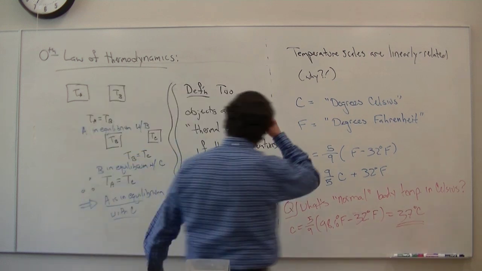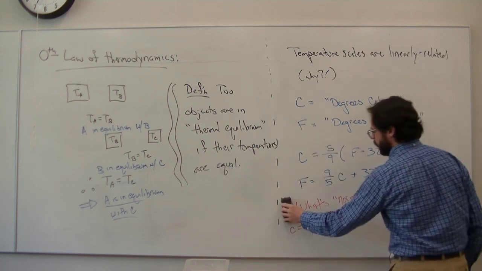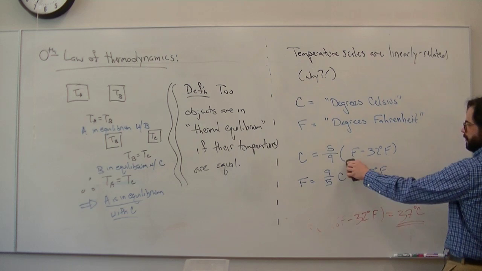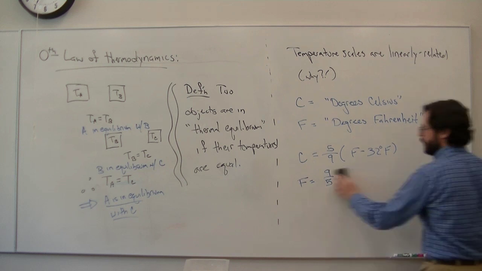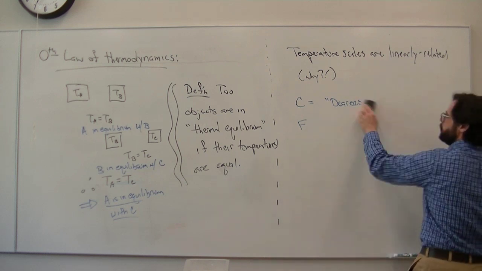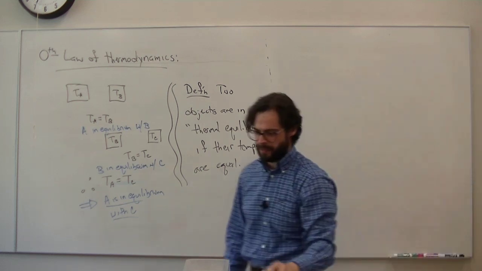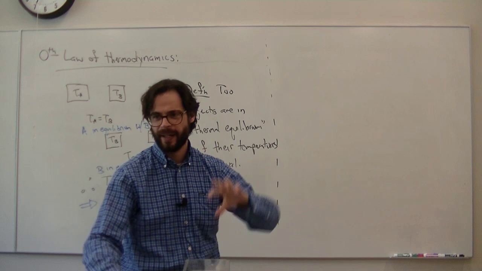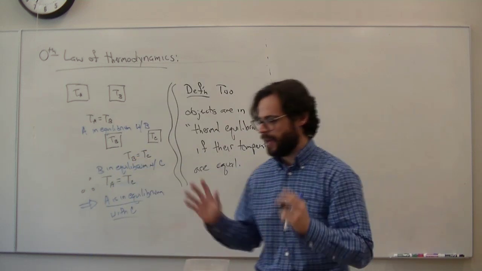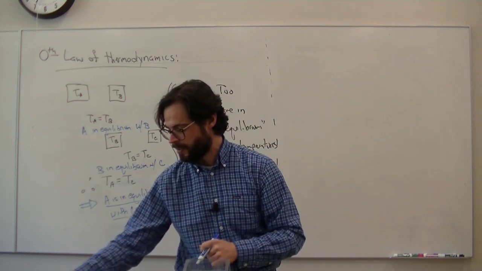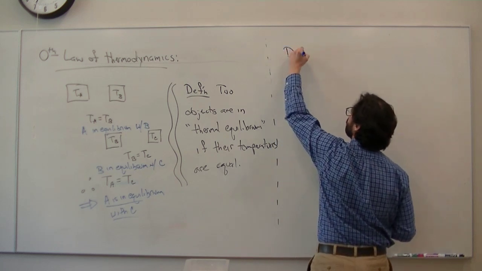Okay, so the second interesting point is, why are these all linear? So I don't need any sort of second order polynomial or a logarithmic scale. Lots of stuff's logarithmic. When you turn your speaker volumes from 1 to 10, which I encourage you guys to do in this moment in time, you're actually not increasing the intensity by a factor of 10. You're increasing it by a factor of 10,000 or something like that. So that's a logarithmic scale. So the reason for that is that we defined temperature